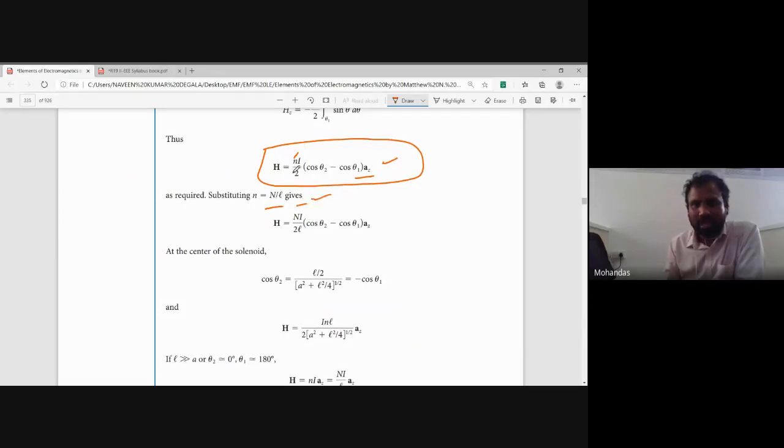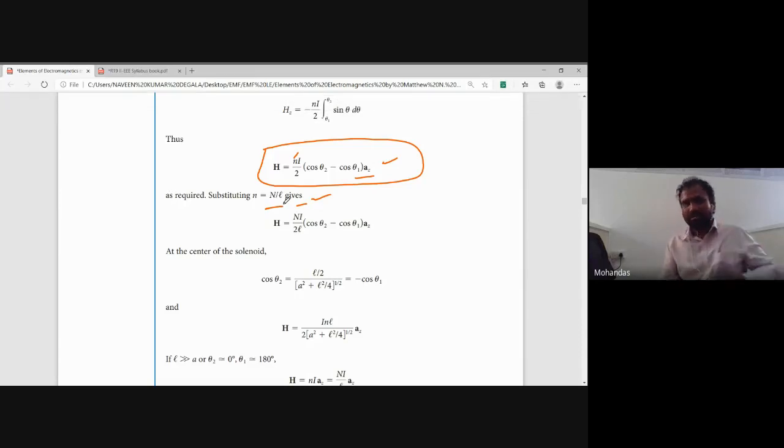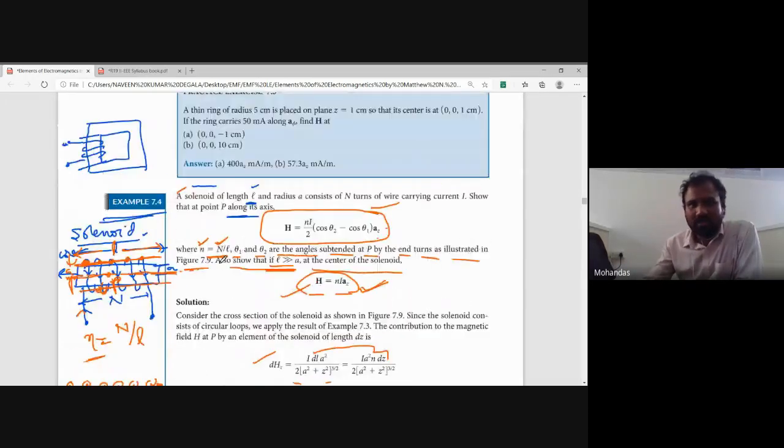Okay, small n equal to capital N by L, the total number of turns per length. Now, next one, what he wants to calculate here,